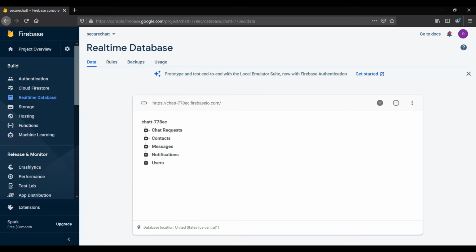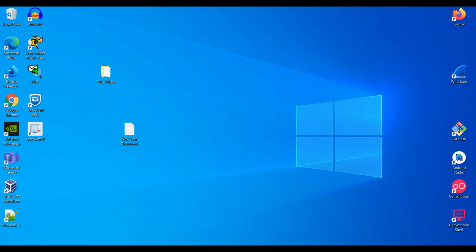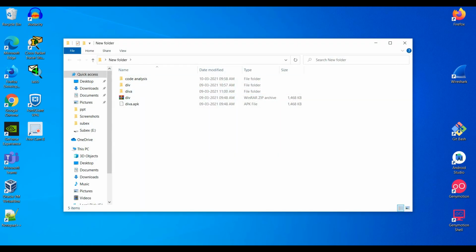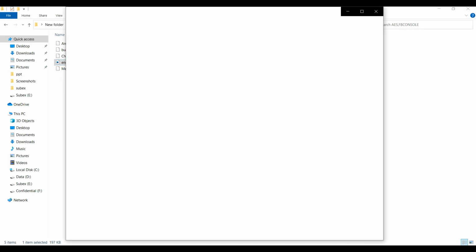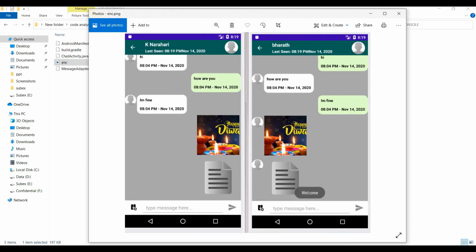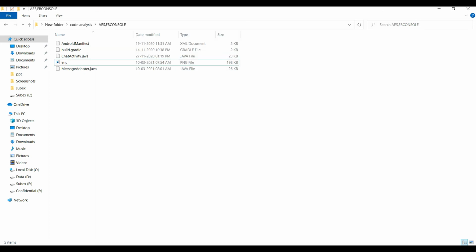We have used AES for the attachments too, like when in the application you attach images and all these things. Further, we have used the FB console, which is used by Facebook and WhatsApp. Here is one more application. You can see these two people chatting, sending hi, how are you, I am fine, and here we are doing all the attachments. So in real time how it will happen is,